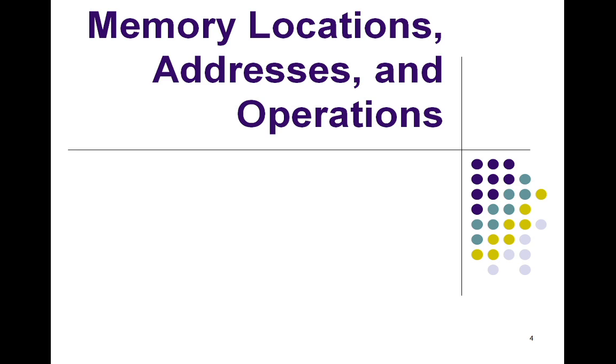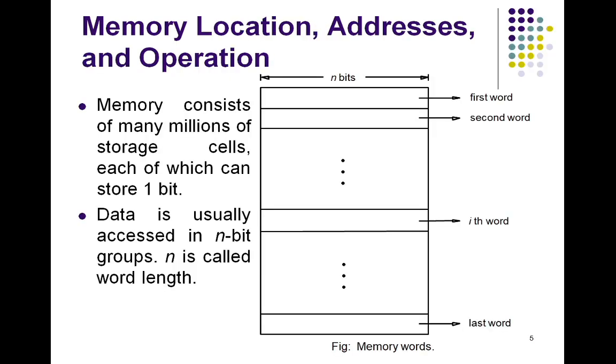So first let us look into the memory locations, addresses, and the operations. As we already know what memory is, in today's class let us see how the memory looks and what the representation of a memory location is. Here the number and character operands as well as the instructions are stored in the memory of a computer. As you know, basically memory is the storage. So the memory can store the number and character operands as well as the instructions.